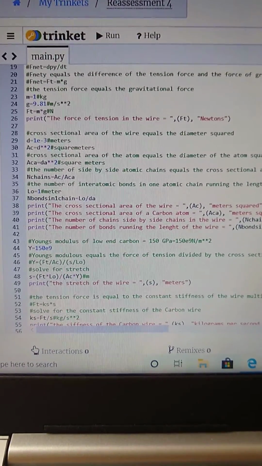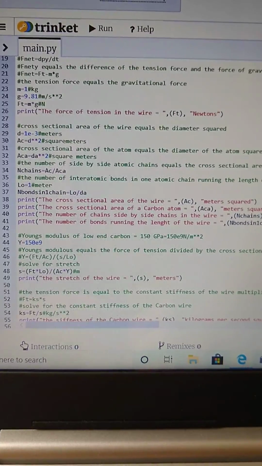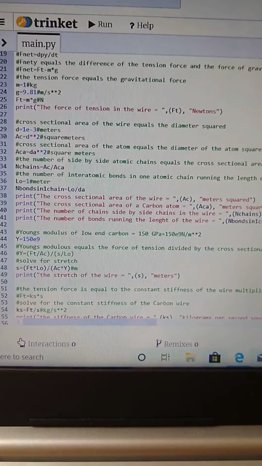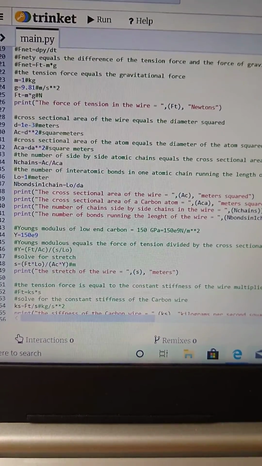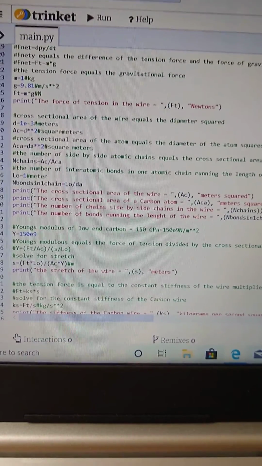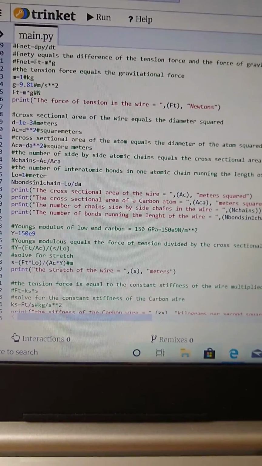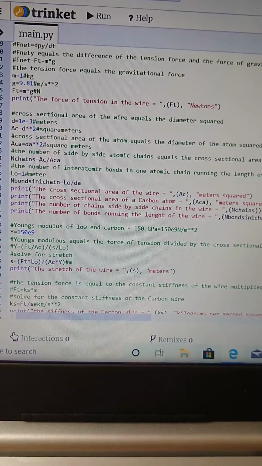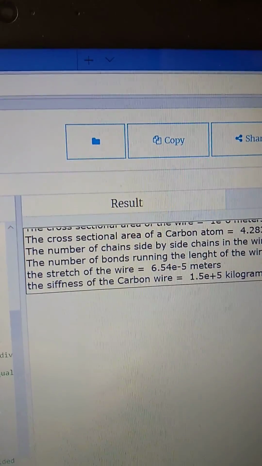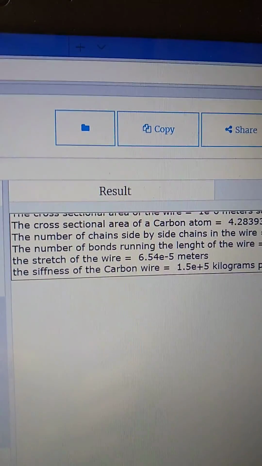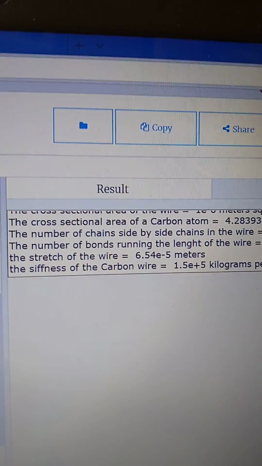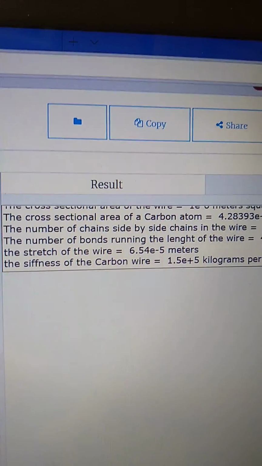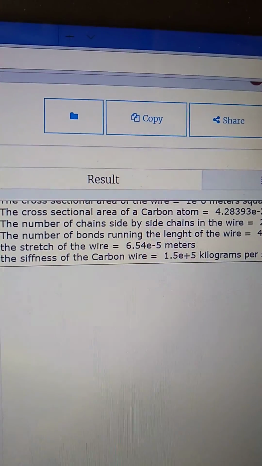Okay, the next thing we're going to do is, this is when the 150 gigapascals that I found on the internet comes into play, and we set up Young's modulus and we rearrange it to solve for the stretch of the wire, and the stretch of the wire is 6.5 e to the negative 5th meters,